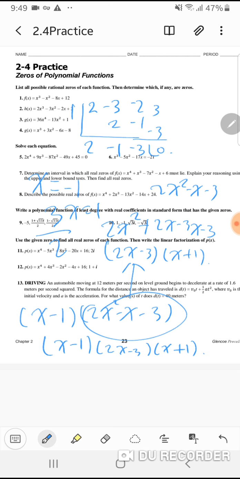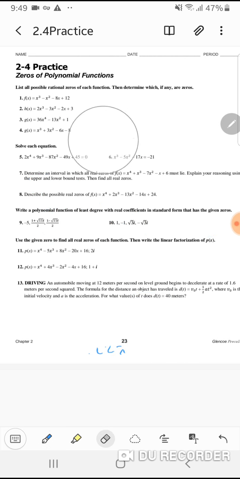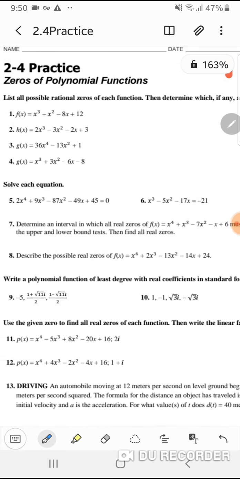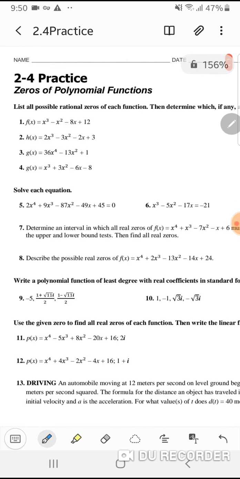So all of these real zeros were one of the possible rational zeros, but I deleted it, so I don't really have evidence. I can't show you it, but I can tell you that it was actually there. Okay? So for this one as well, actually, I don't really want to solve it, but